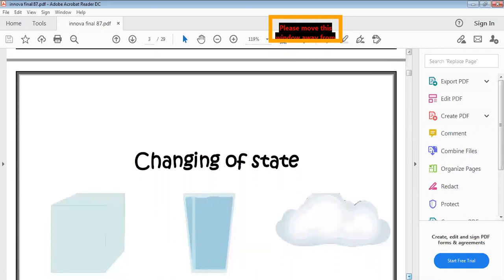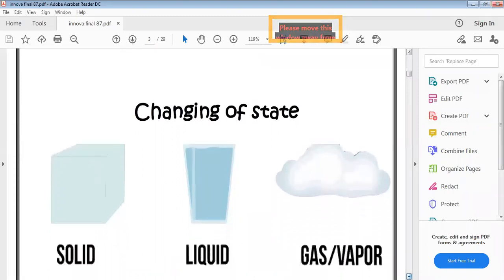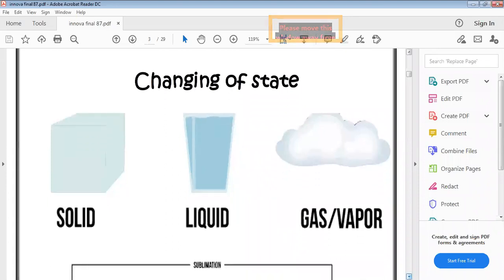Now I said that the solid has a definite shape, the liquid has an indefinite shape, and the gas has an indefinite shape and volume. Now what about the solid when I heat the solid? Yes. When I heat the solid, it will turn into liquid. This process is called